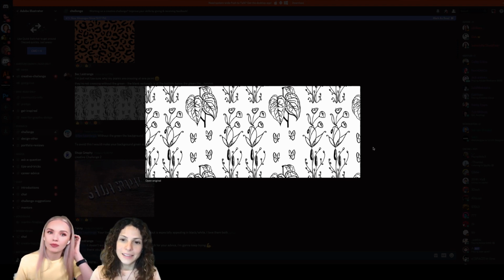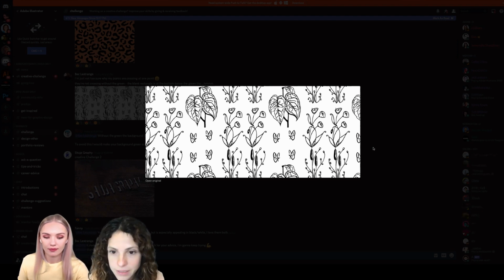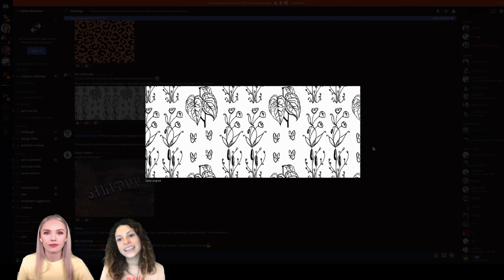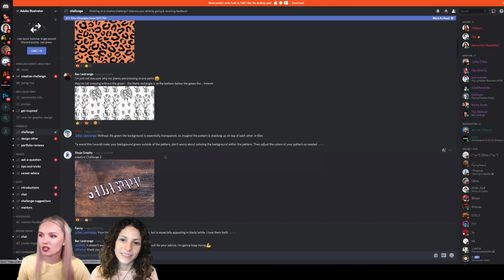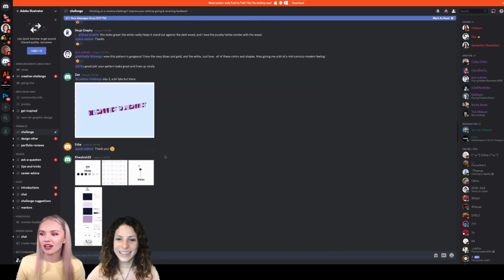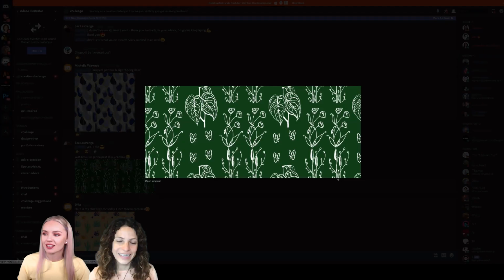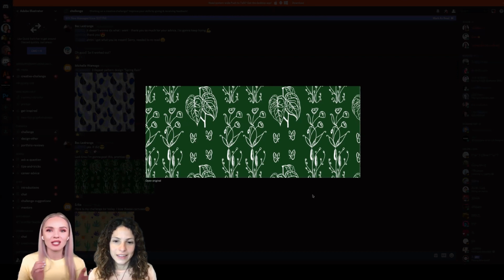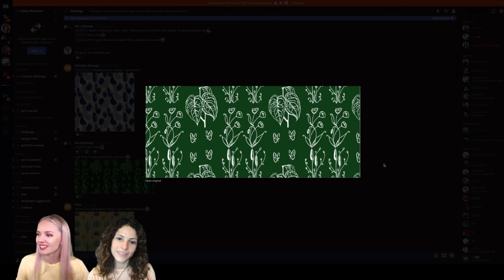What do you think, Lina? Yeah, I love it. It's the same as the other one, right? The same illustrations. I liked how it worked on the other color combination better, but this one is great too. Yeah, I like the green and white too. I think this one was the previous version, and then Beck thought, let me experiment a little bit with color. Oh, where was it? I missed it. Oh, there it is. Yeah, and then she was like, oh, let me experiment with color a little bit, and that's the better version. So you made progress here, for sure.